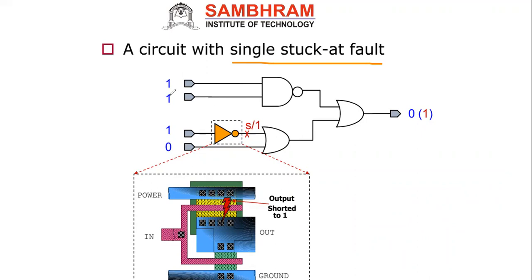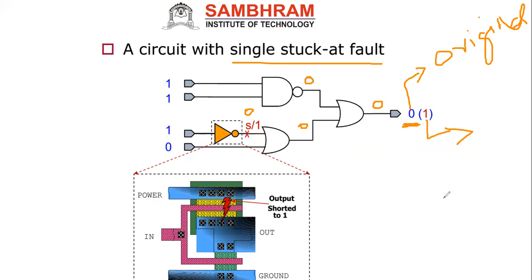Now I'm applying the input as 1, 1, 1, 0. This is the input. Now this is the NAND gate. What I'll get? 0 I'll get. Now the inverter output will be 0. Next this is 0, 0, 0. OR gate is 0. Then it is OR gate 0. So actually the expected output should be 1. Okay. But this is the original output we have to get. This is the original. But which output am I getting? 1 we are getting. This is the output we are getting.